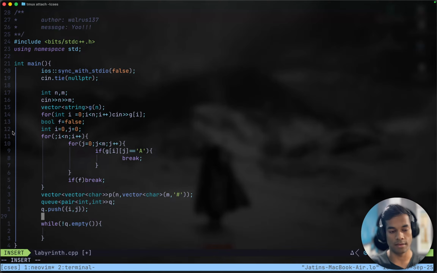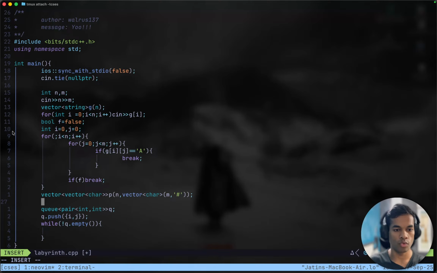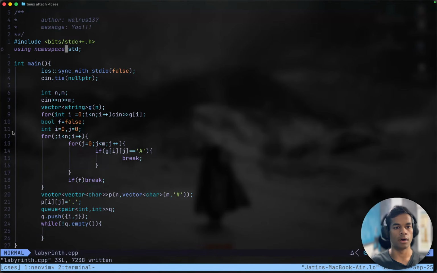But for A, initially we'll have to specify something for A. Yes, at this point we do know where A is. So here we will say P I J equals dot. A is dot, but everything else is a pound. Now we will like to have